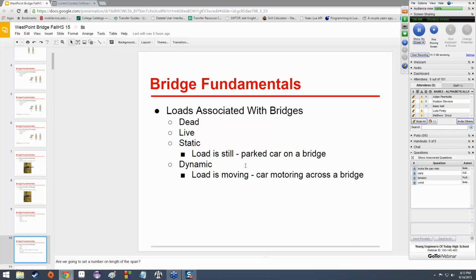Moving from one point to another. Now, both of these are completely different beasts from one another, because a static load is no problem, assuming that wherever the static load is hanging out is the strongest part of the bridge. If it's not, it can gradually increase the stress on the bridge, generally not with bridges that you use in real life because